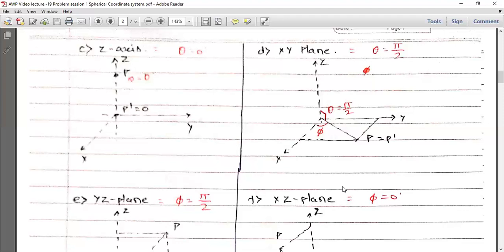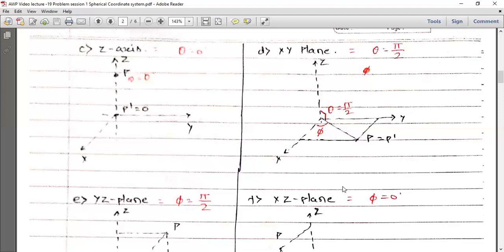What we can say is that only theta will be fixed. So if it is said that theta equals pi by 2 in a spherical coordinate system, then what you can assert about a particular point having theta equals pi by 2 always is that for all possible combinations of r and phi with theta equals pi by 2, the point will lie on the xy plane. That's why we consider theta equal to pi by 2 to be the equation of the xy plane